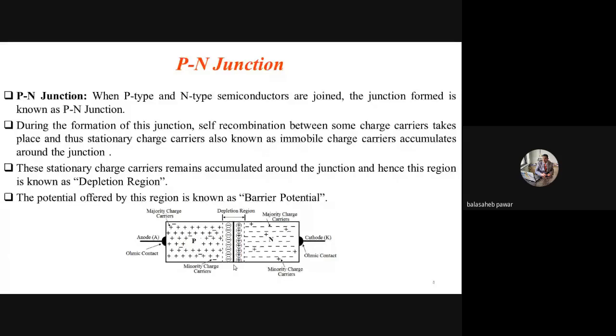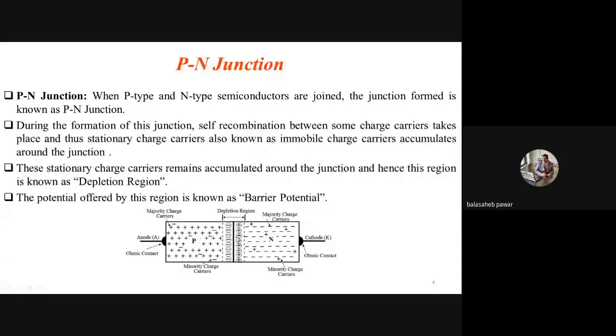So remember, during the formation or manufacturing of this p-n junction, two charge carriers get recombined by themselves. This process is very fast, and we can't stop it. That is known as self recombination. Whenever we join the p-type semiconductor with the n-type semiconductor, the closer opposite charge carriers very quickly recombine with each other and leave behind the stationary, or immobile, charge carriers, which I try to show by circles.